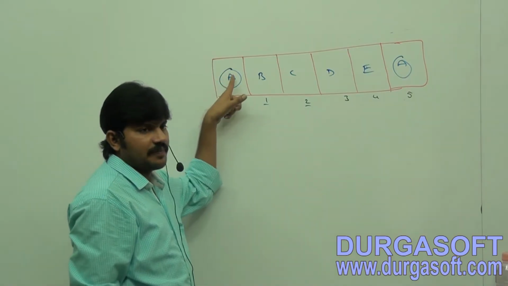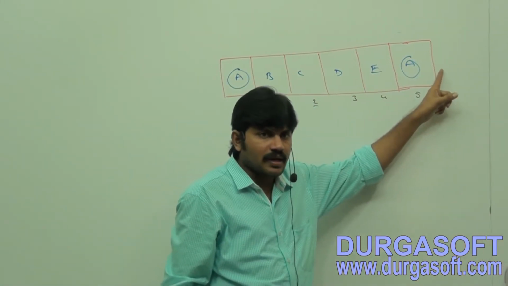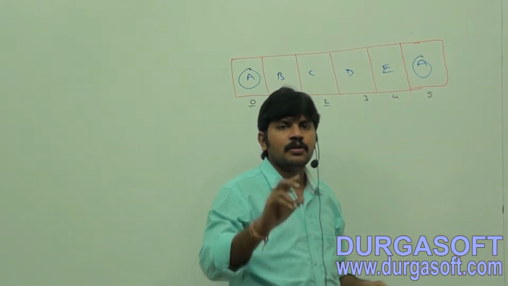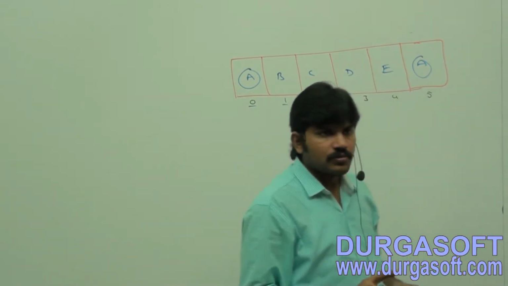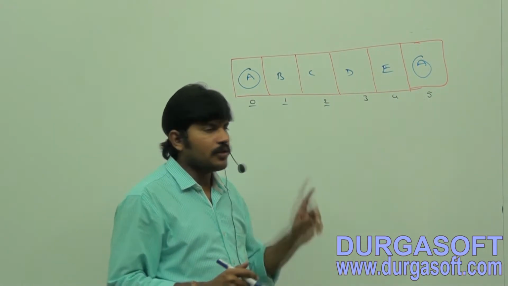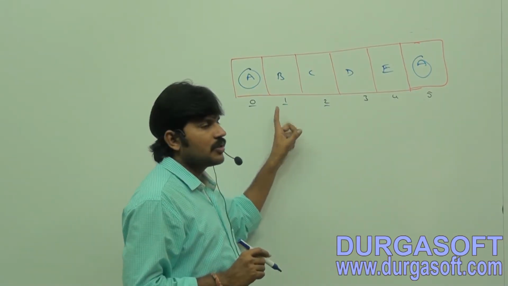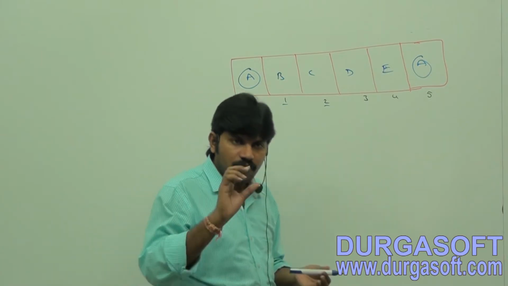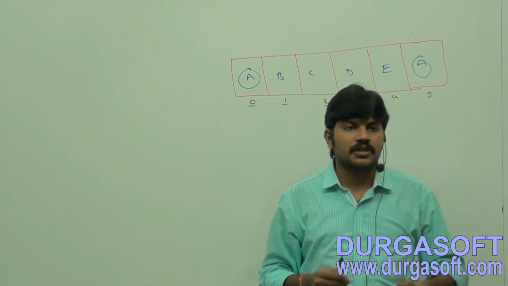Sir, this is A locating at the 0th index. This is the A locating at the 5th index, right? That's why we can differentiate duplicate objects by using index. Are you getting? We can differentiate duplicate objects by using index. Is it clear for all of you? Okay, make sure: insertion order is preserved via index, and we can differentiate duplicate objects by using index.